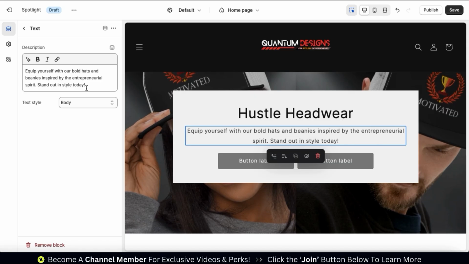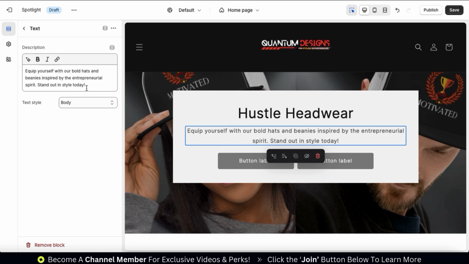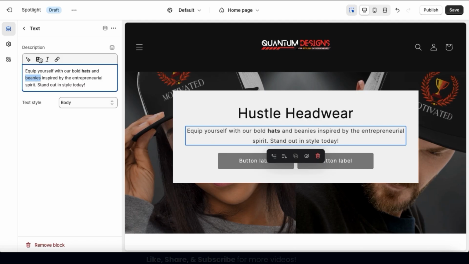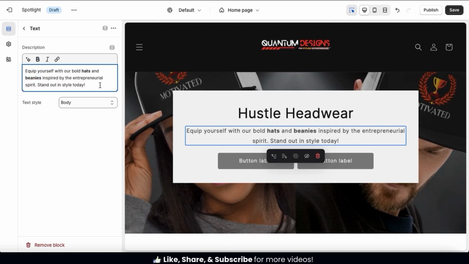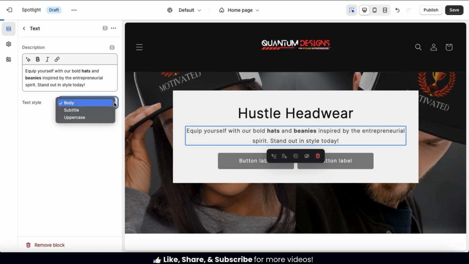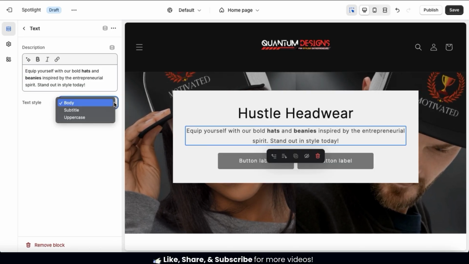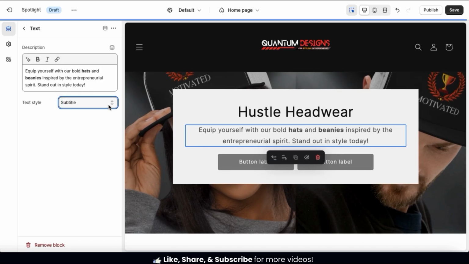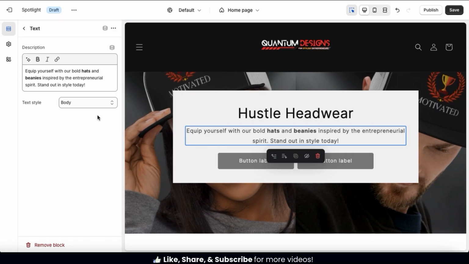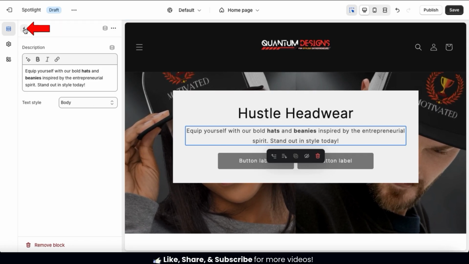So let's see what the AI came up with. It says, equip yourself with our bold hats and beanies inspired by the entrepreneurial spirit. Stand out in style today. Not bad. From the text box on the left, feel free to edit your text and add formatting if you like as well. And once you're finished adding your text, you can also use the drop-down menu underneath to select your text style. You can select to have your text display as body text, as subtitle text, or in all uppercase. I think I'm just going to stick with body text. So once you're finished adding your description, go ahead and click the back button to go back to the theme